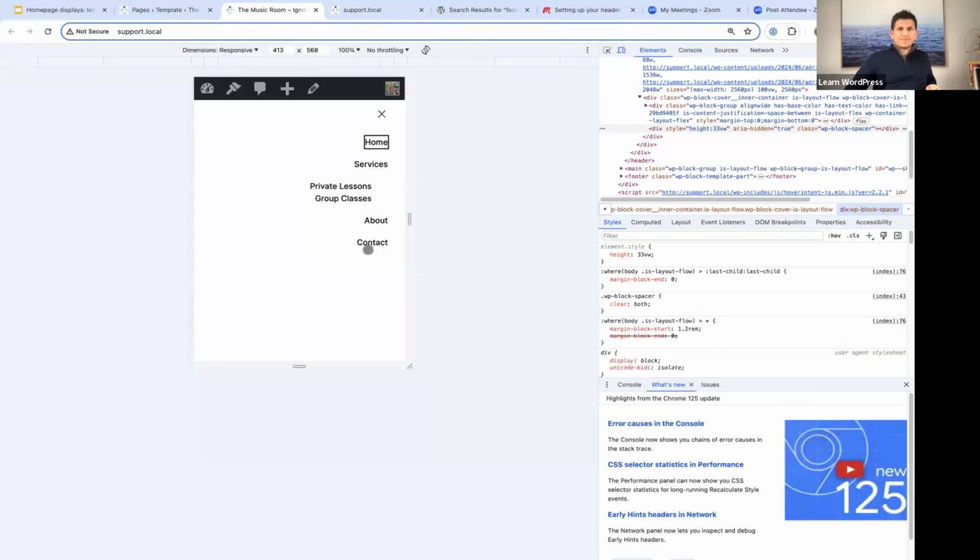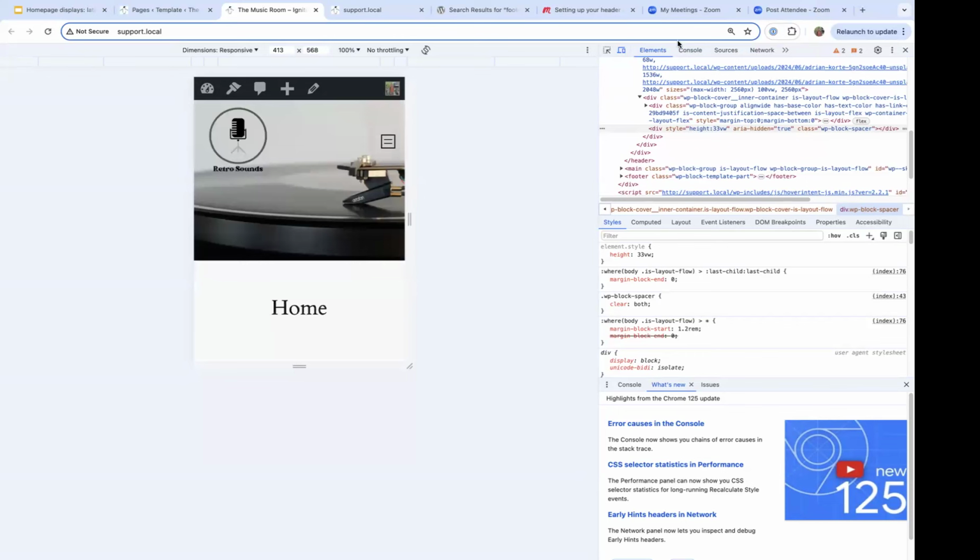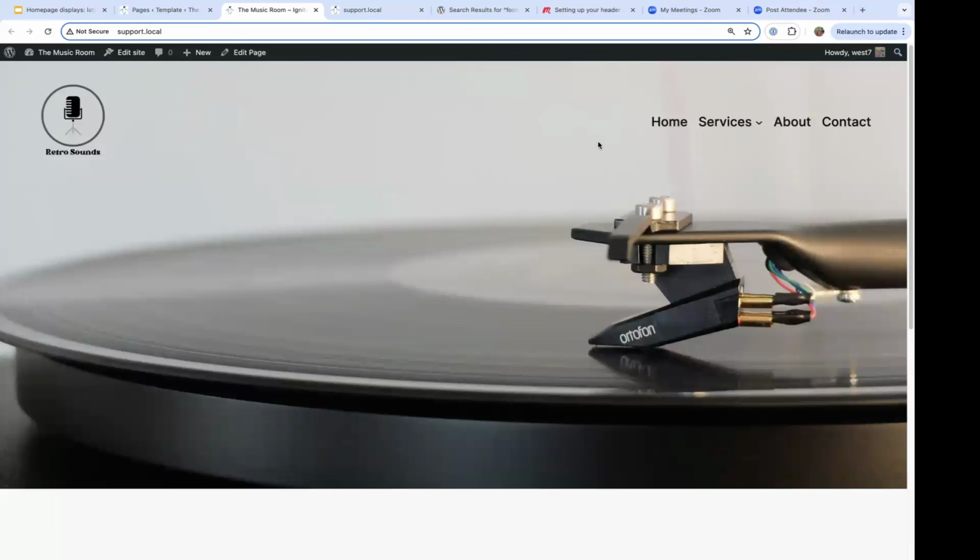I am unsure. I feel like my immediate response would be that's probably where you need to add a bit of code. I'm unsure. Kathryn? I'm on my test site and I'm just checking to see. I think there are some options to style what they call the overlay menu. So if you select that block, if we go back into the site editor,